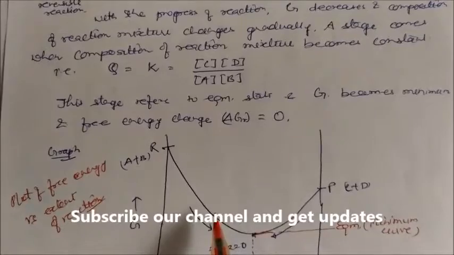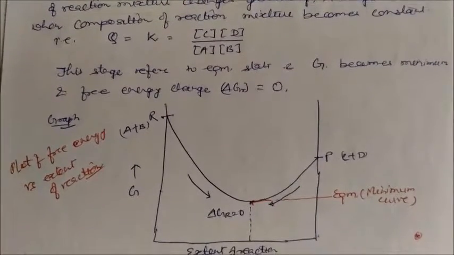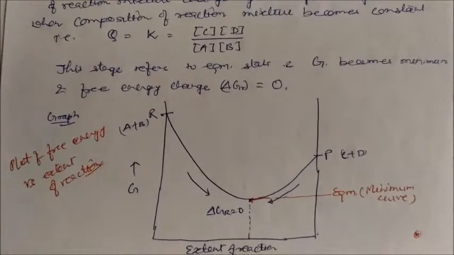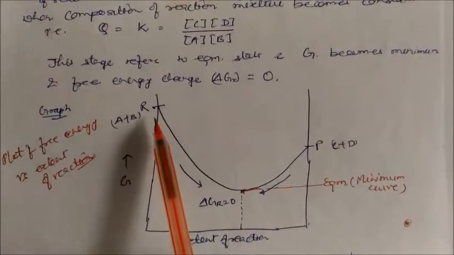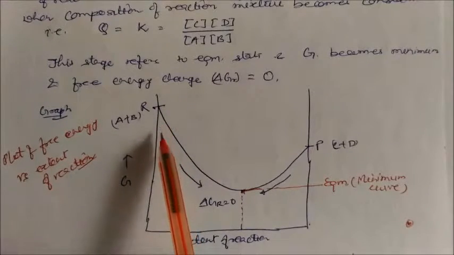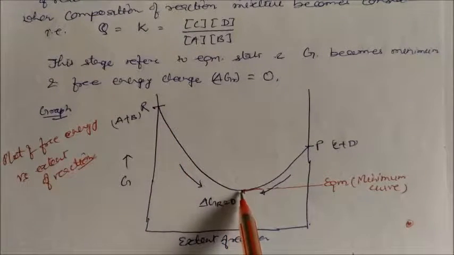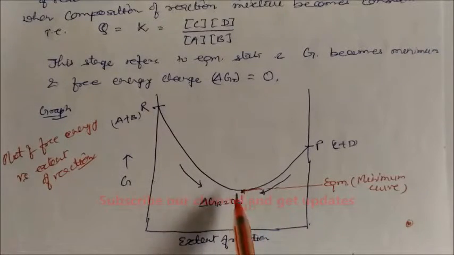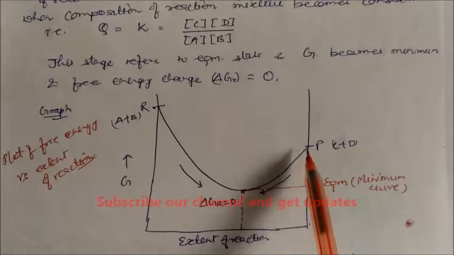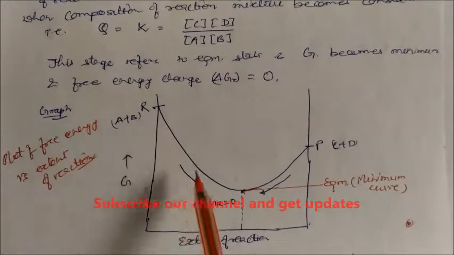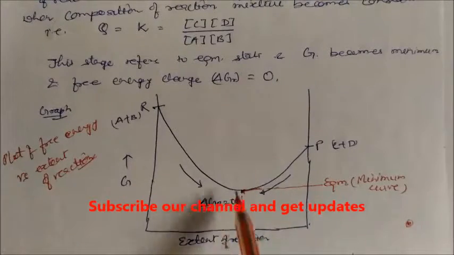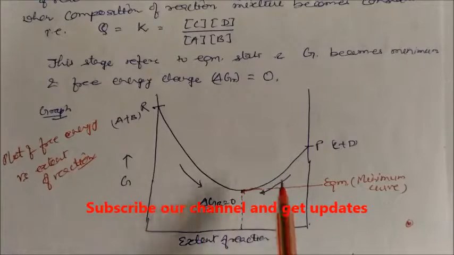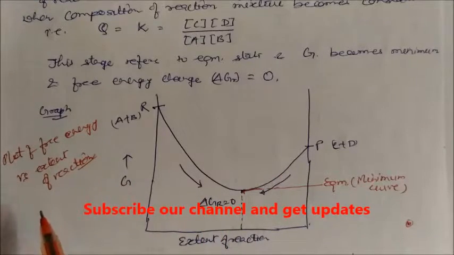For these types of reactions, I am drawing a graph. Let us see how this becomes 0. This is the graph of the free energy of the reaction, with A plus B as reactants, and it is decreasing. At one point it becomes minimum, where the free energy change is almost equal to 0, and then it proceeds toward product. Since this is a reversible reaction, it goes forward and also backward. At this point, the free energy of reactant and product are both equal. So this is the plot of free energy against the extent of the reaction.